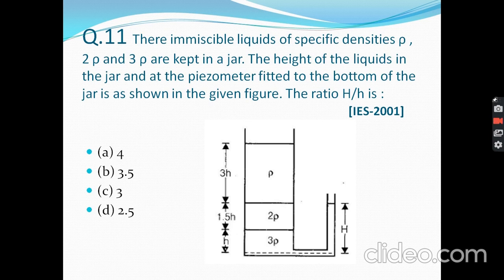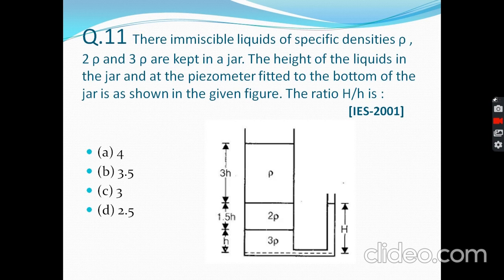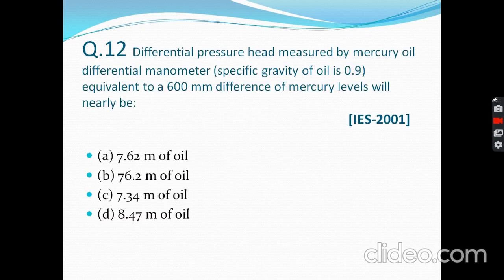Question first. In a given figure, if the pressure of gas in bulb A is 50 cm Hg vacuum and P atmosphere is 76 cm Hg, then the height of column H is equal to option A 26 cm, option B 50 cm, option C 76 cm, option D 126 cm. Note: pressure of A is given as vacuum, so to convert it into absolute terms, we need to subtract it from atmospheric pressure. The correct answer is B, 50 centimeter.